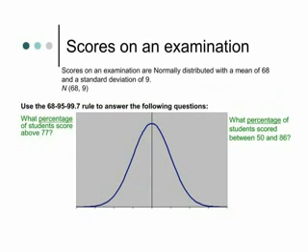Let's work another example. In this scenario, scores on an exam fit a normal distribution with a mean of 68 and a standard deviation of 9. Set up the distribution first. 68 is in the middle. Going to the right by adding 9 each time gives us 77,